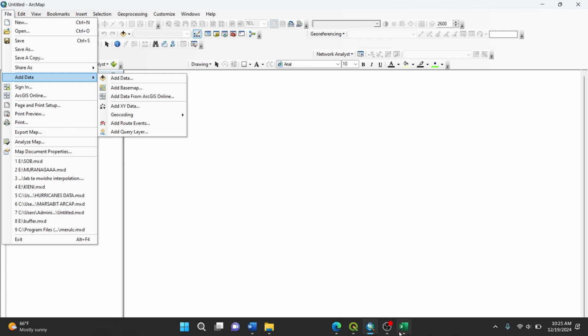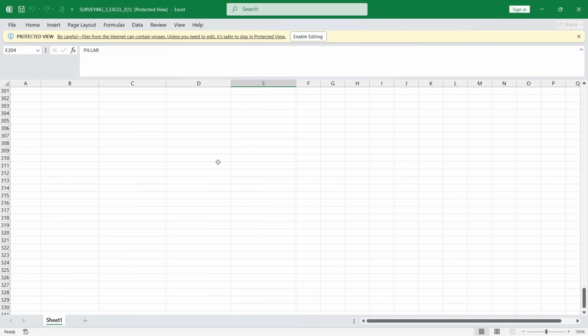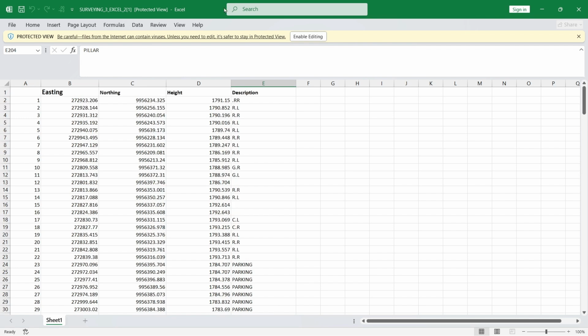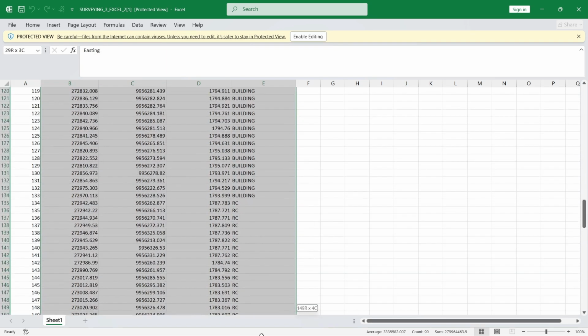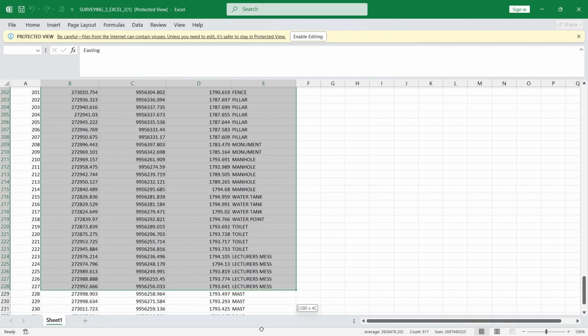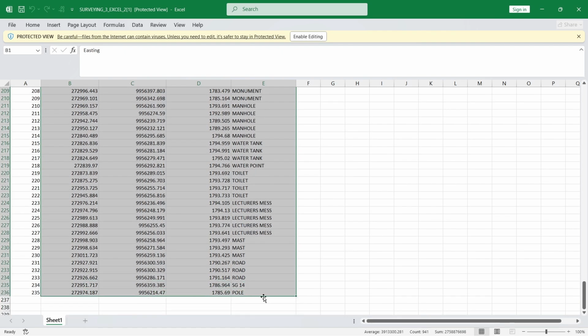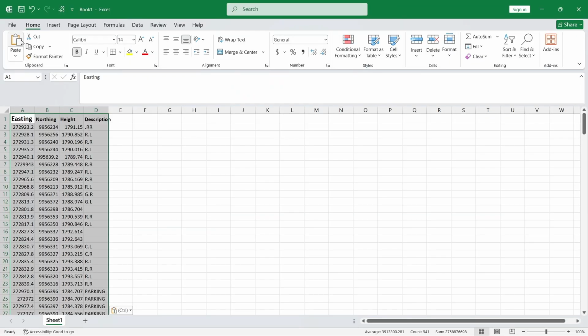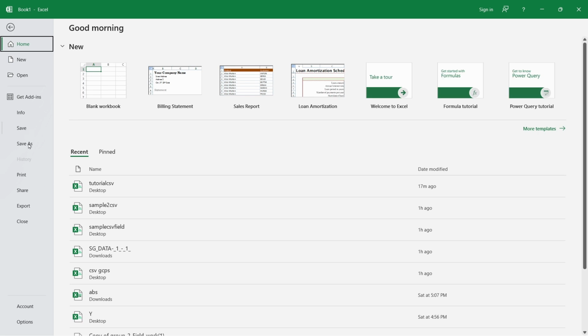Okay, but before that, you can visualize in my Excel sheet here, that was shared to me by a certain surveyor after a field work. They collected eastings, northings, height, and some descriptions. So I shall just copy this data to a new Excel sheet. I shall paste it there, and then I shall save it